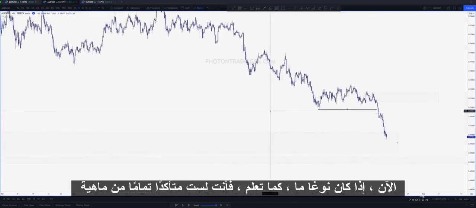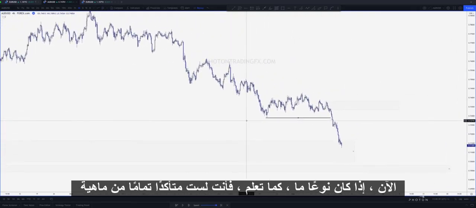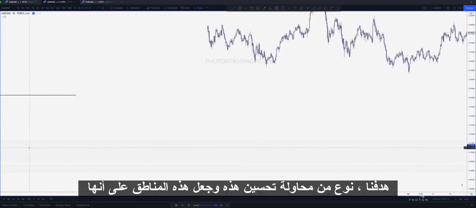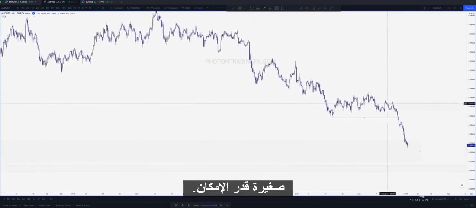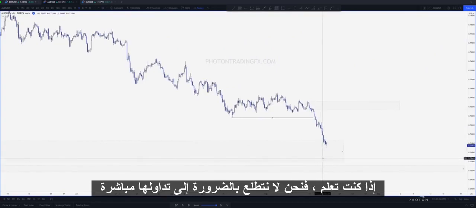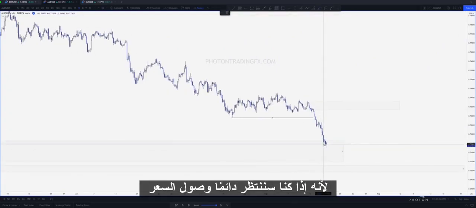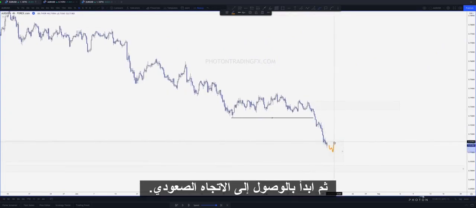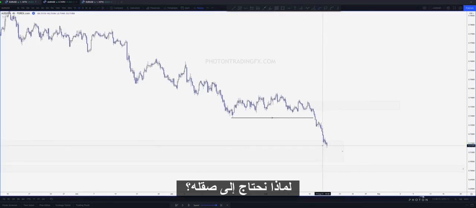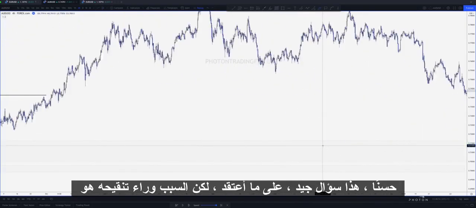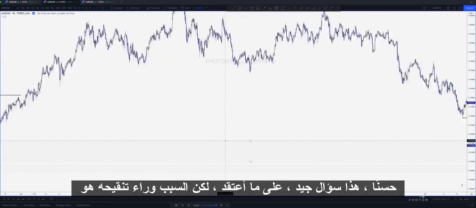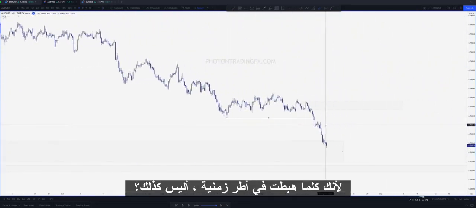Now, you're maybe not entirely sure what the purpose is of us trying to refine these and make these zones as small as possible, if we're not necessarily looking to trade them directly, because we're always going to just wait for price to come in and then start to break structure to the upside, so on and so forth. Why do we need to refine it? Well, good question, I guess, but the reason why we refine it is because the lower you go down in